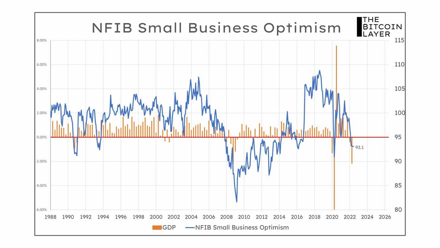We can see that NFIB small business optimism is materially below 95 all the way up until 2014, 2015. Now, this means that we can use rate of change to understand how the behavior of entrepreneurs is during this time, but not necessarily use the overall level here as our end-all be-all indicator of whether the economy is in